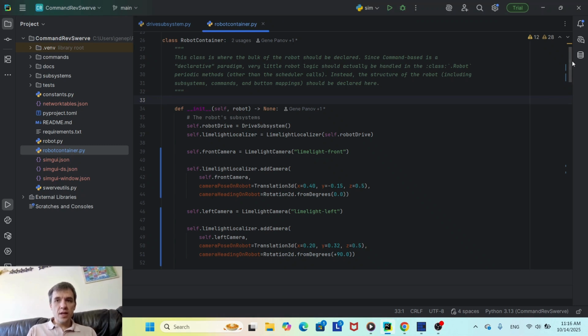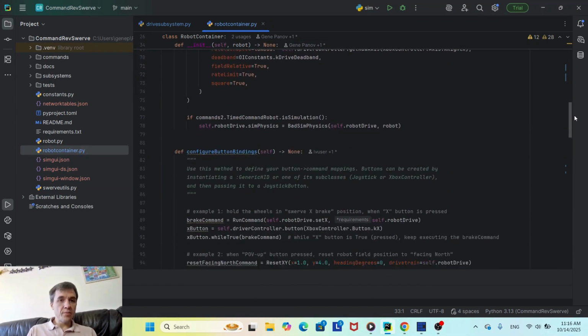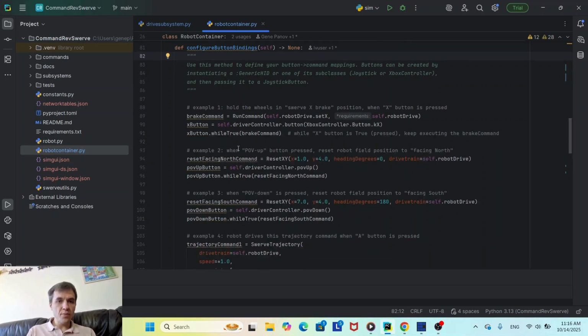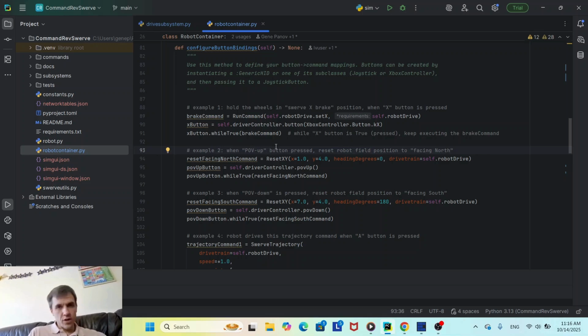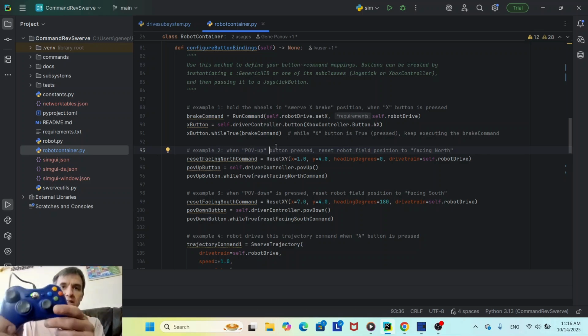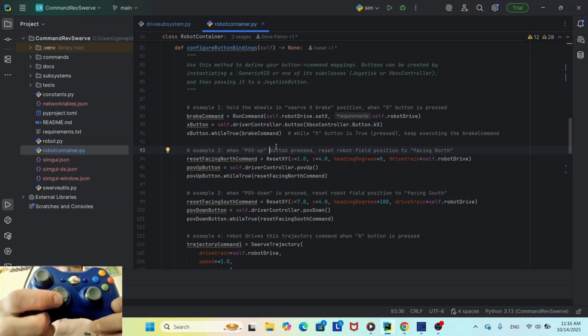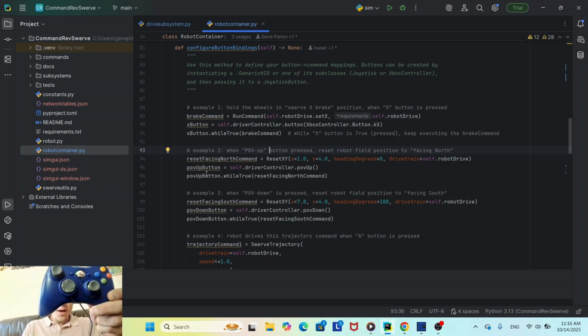So if you go to the actual robot code, to robotcontainer.py, and scroll a little bit down, to the function where all the buttons are defined. Normally all teams call it configure button bindings. You will see the POV up joystick button, which, I'm sure everyone knows where the different joystick buttons are, but POV up is this button, and POV down is this button. So POV up button